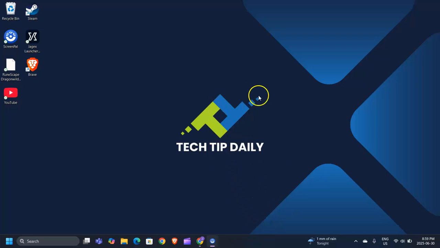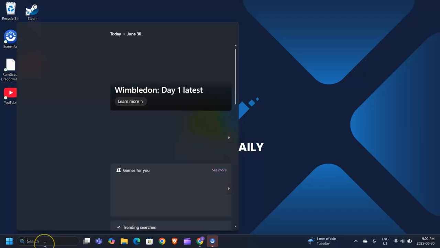Today I'll be giving you guys some tips and tricks on how to disable some features on your Windows 11 computer that are likely affecting its overall performance. By disabling these features that you likely don't even need, you'll notice that your computer will operate a lot quicker and just better overall. So to begin, we're going to go to the search bar down here and type in